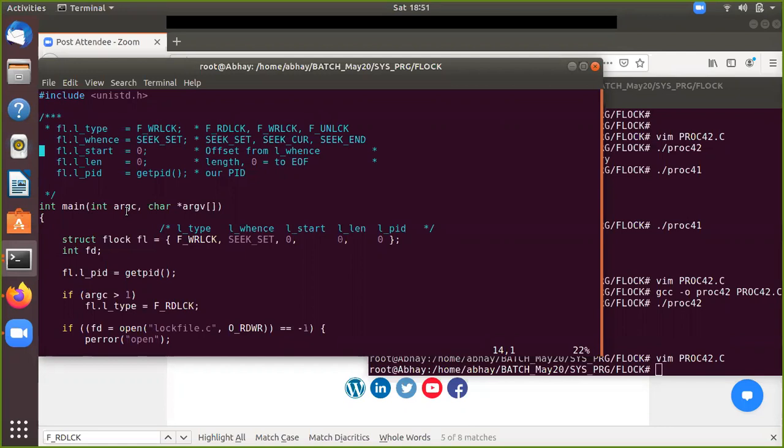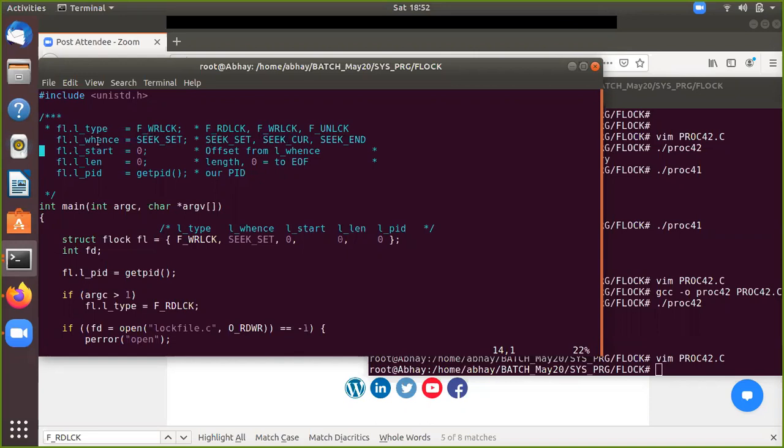The first one is l_type. So l_type basically has this kind of variants. Here you are going to say that you are going to put a lock with write or read. There we were putting a lock on the full file, right? Now here F_WRLCK, F_RDLCK, read lock, and F_UNLCK.